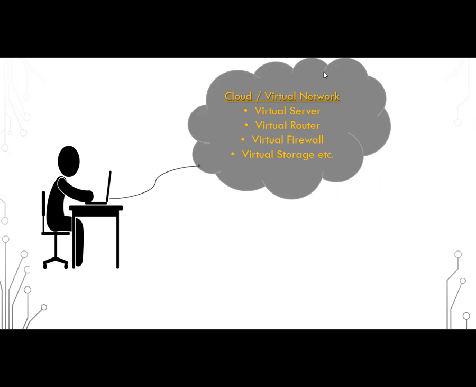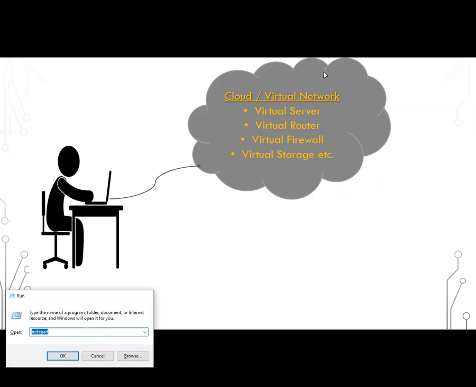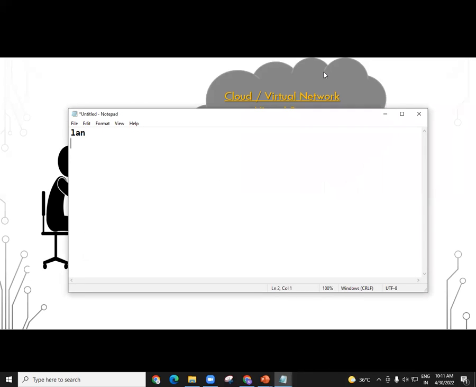Got it? So these are the three major networks we have. One is a local area network, one is a wide area network, and one is a cloud network. These are the three things we have discussed. But when you read any document about types of computer networks, you may see many other networks. Like there is something called MAN. MAN stands for Metropolitan